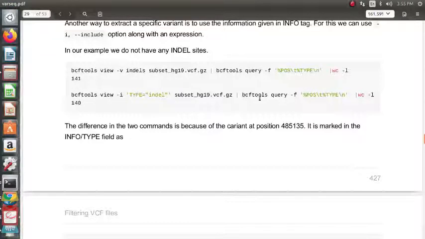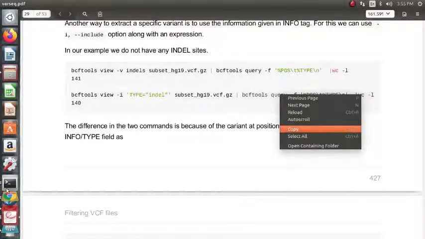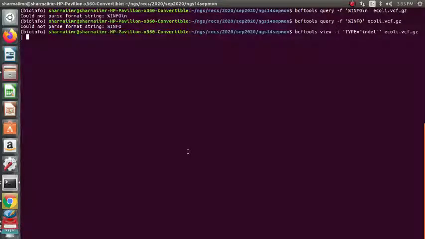This is bcftools query -f. Last time we did wc -l, so let us remove wc -l and check. bcftools query -f with position and type.